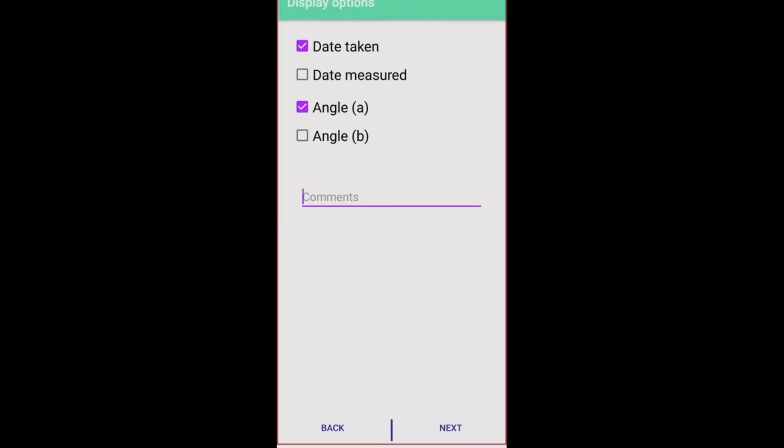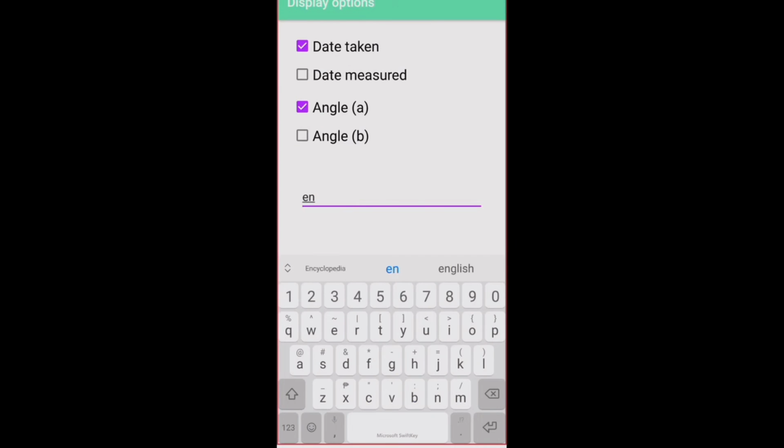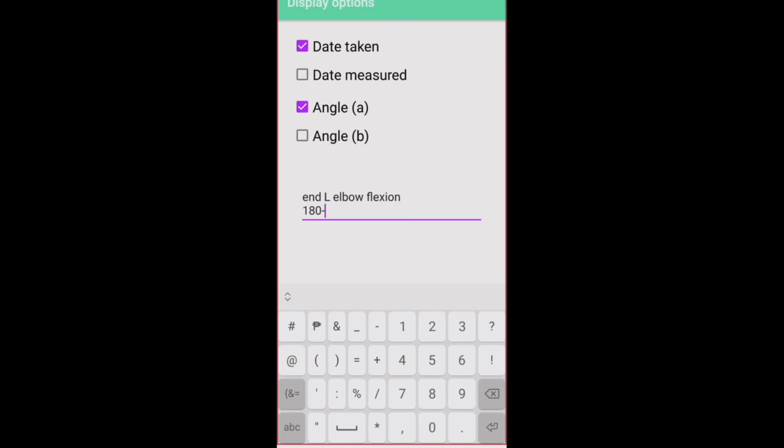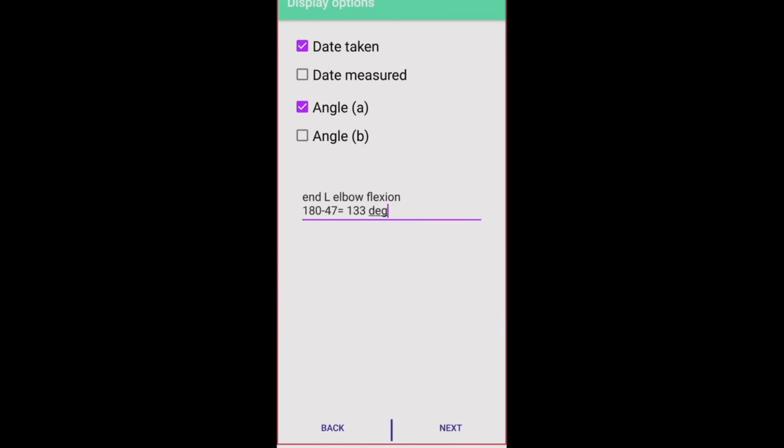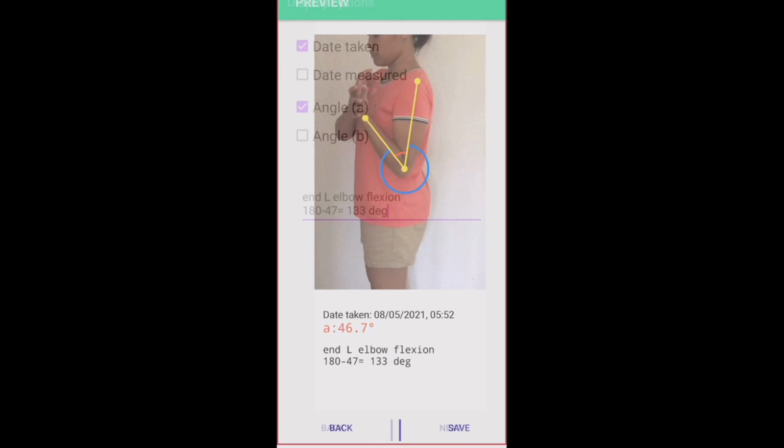So just click next and then write end, left elbow flexion. So 180 minus 47 equals 133 degrees. And then click next. Just double check everything and then click save.